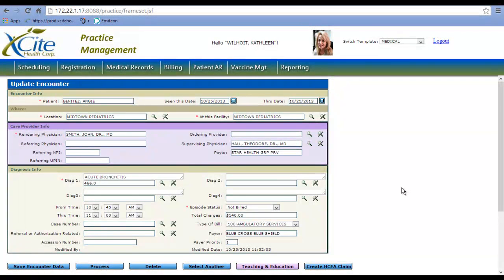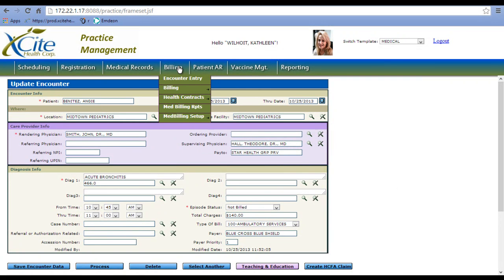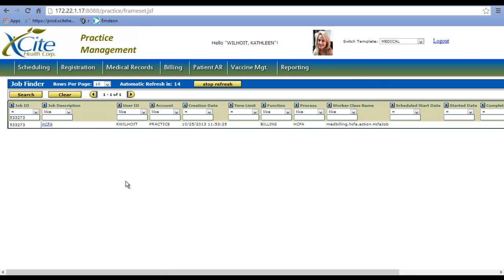To accomplish this, hover over the Billing tab. Then hover over Billing and select Run HCFA Claims. Enter the appropriate parameters and click Run HCFA Job. Once this background job has completed, the claims may now be sent electronically or dropped to paper to be printed